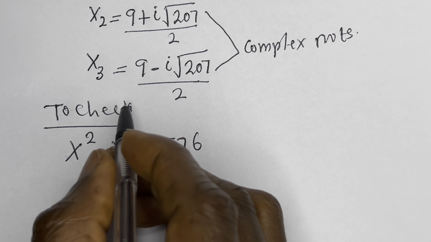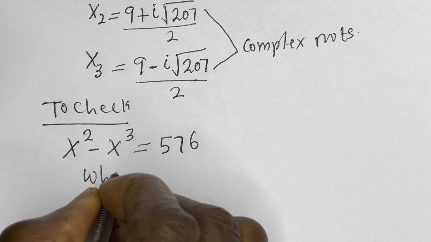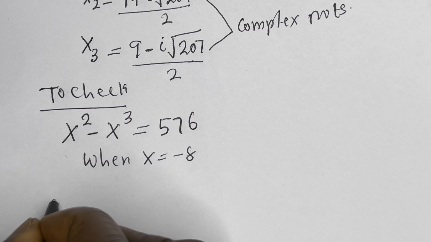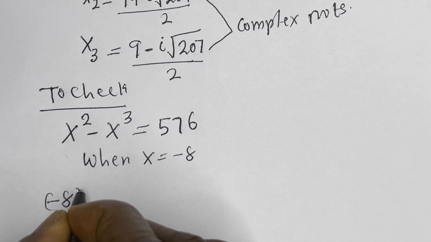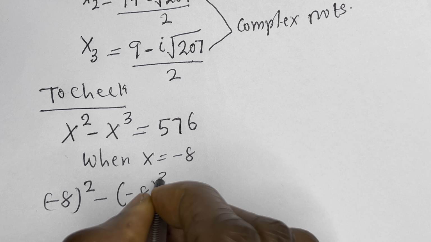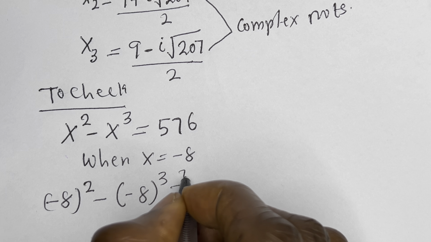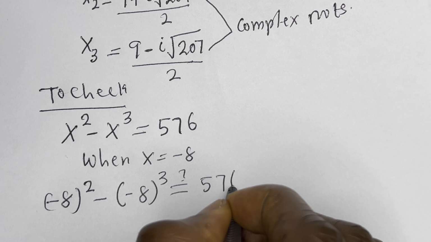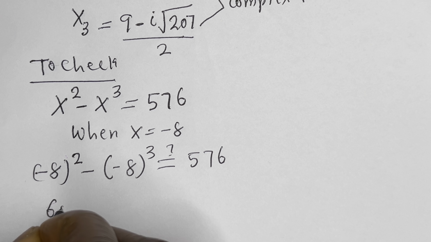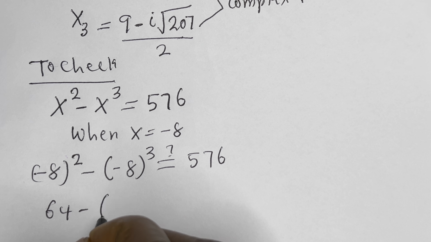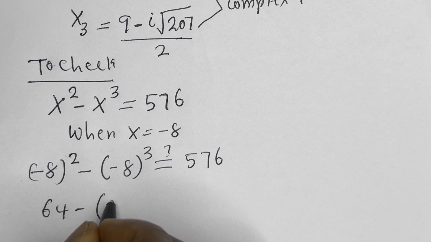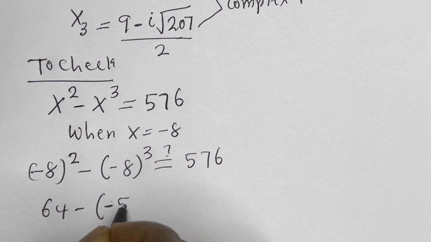When s is minus 8, this is minus 8 square minus bracket minus 8 to the power of 3 must be equal to 576. Minus 8 squared, this is 64 minus bracket minus 8 to the power of 3, that is minus 512